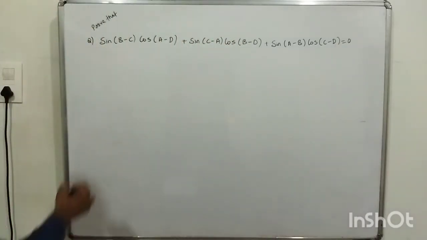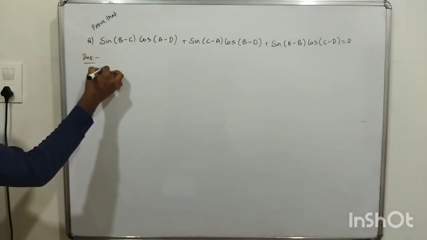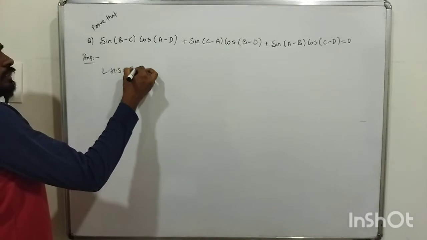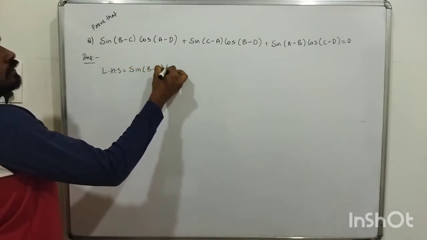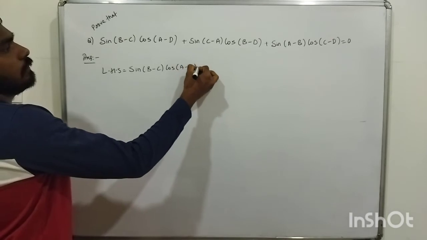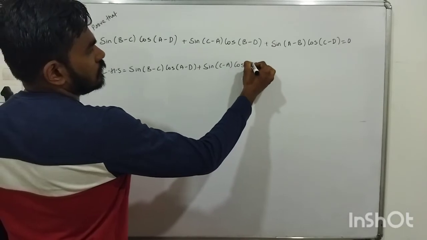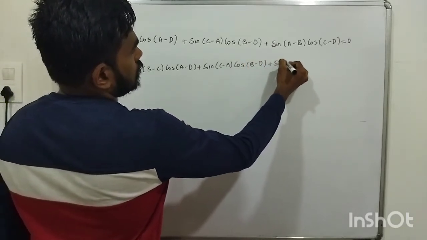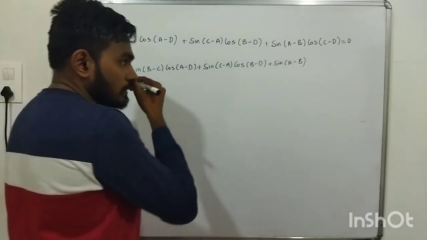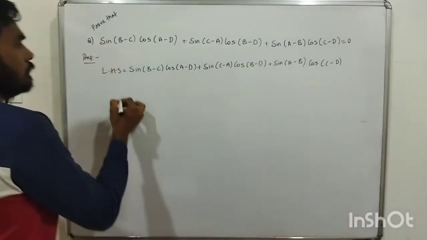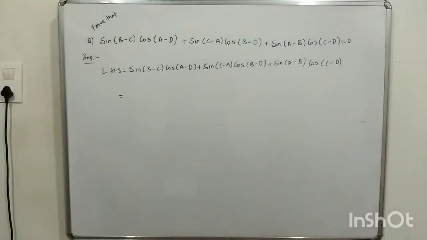So one by one we'll prove now. LHS first, we'll take the left hand side. As it is, we'll write first sin(b minus c) cos(a minus d) plus sin(c minus a) cos(b minus d) plus sin(a minus b) cos(c minus d). Now, sin(b minus c) into cos(a minus d) is what? So what will we get? We solve this